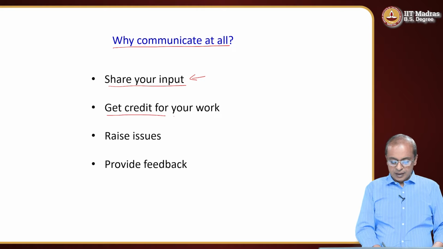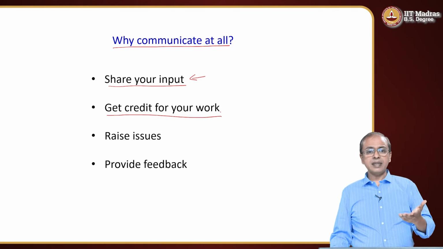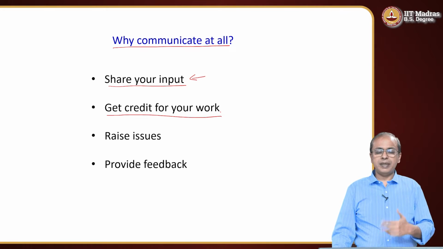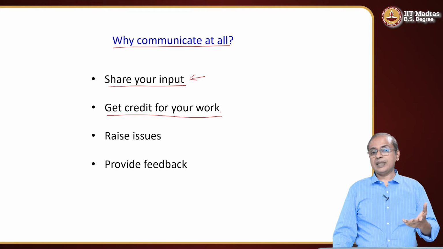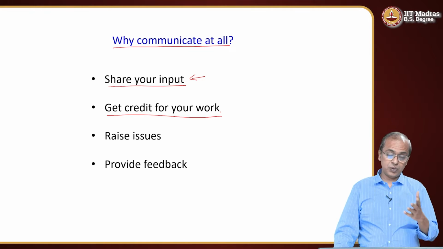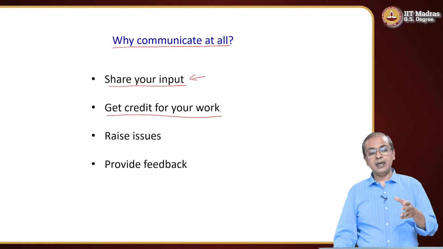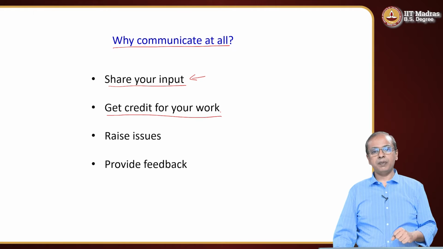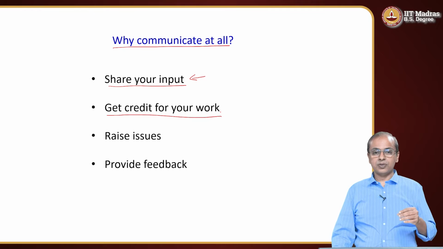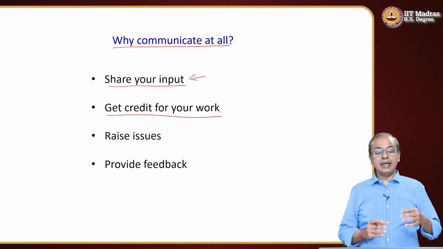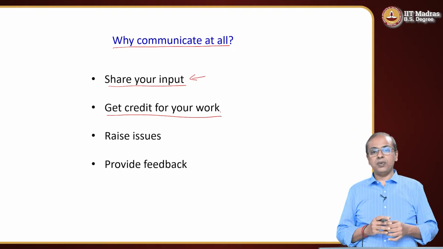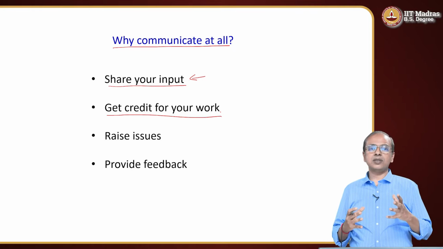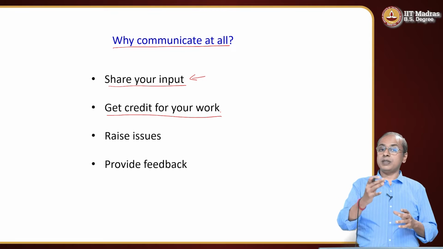The second important reason is to get credit for your work, right? So you have done some work, some nice thing you have done. So maybe, like I said, in this previous example, some app was there which your company had put out initially, and it was not doing as well, and then you analyzed and thought why it did not work, and you came up with a variation, and you said these things are lacunae in the first version that we put out. This is the way we can improve it, so that it is so much easier for the person to use it, and it also very naturally aligns with the typical interest of such a person, and so on. So you have done some work, you have analyzed the situation, and on that basis you have come up with the next version of that app.